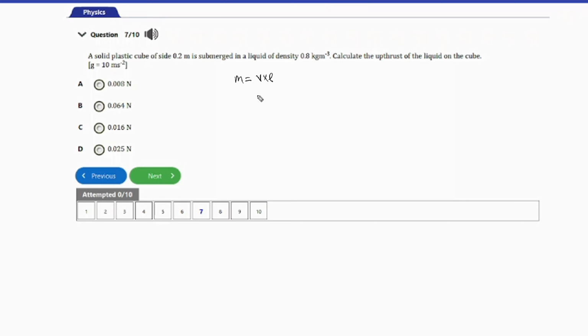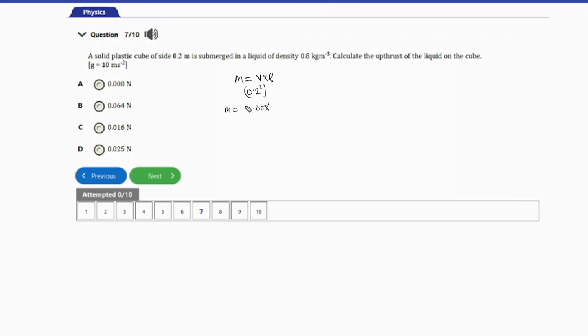the volume is 0.2 to the power of 3. So that's 0.2 times 0.2 times 0.2, because one of the sides of the cube is given. So the cube is going to have all three sides equal. So that's 0.2 times 0.2 times 0.2. That's